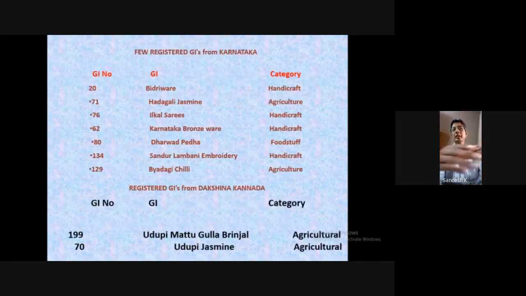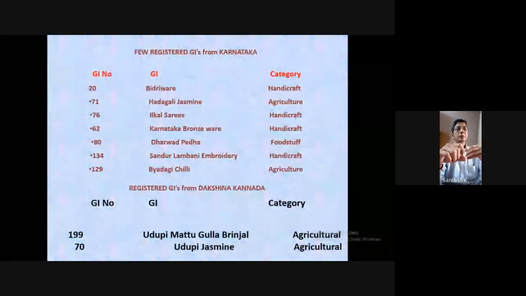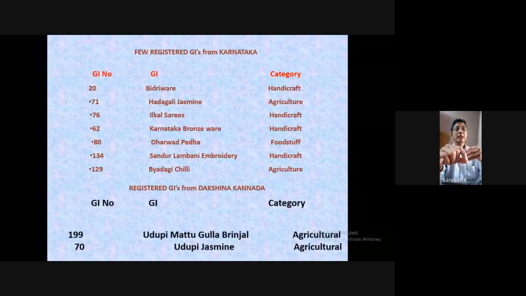Yeah, I finished the designs and all. This is just to complete another 2-3 slides. I want to finish. These GIs are all related to a certain place. You see this list: there is Dharwad, Sandur, Badgi, Ilkal, Udupi. So they are related to certain places. These do not come under trademark. These are not copyright. These are not patent. These are all called geographical indicators. Please, the previous slide, please.